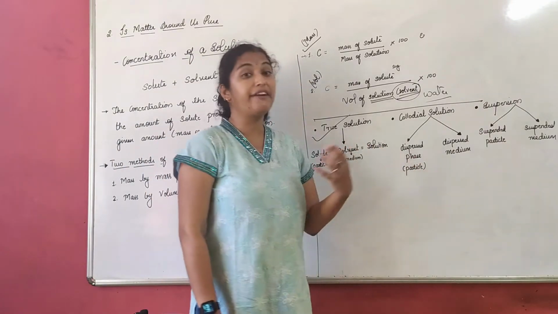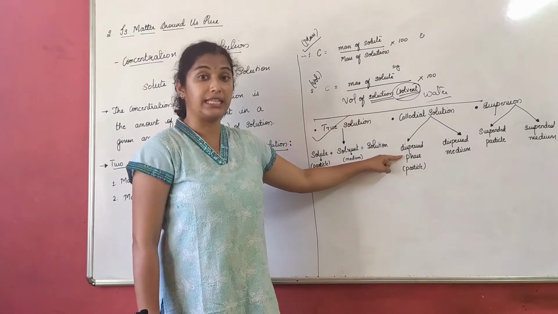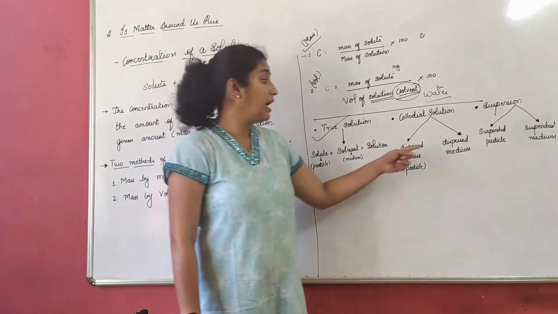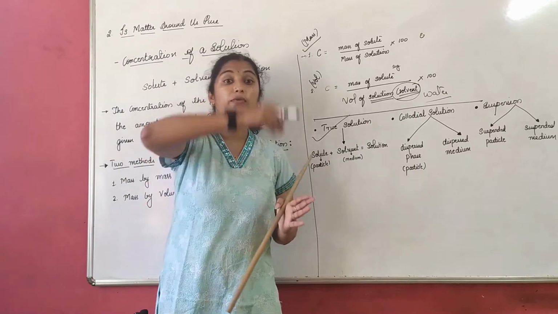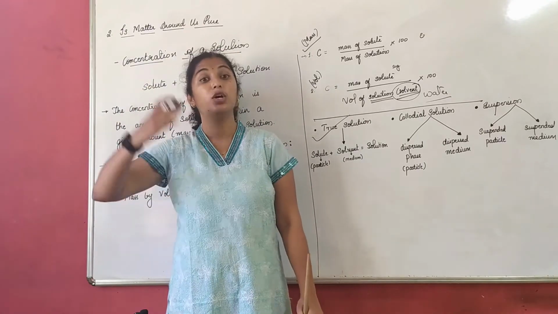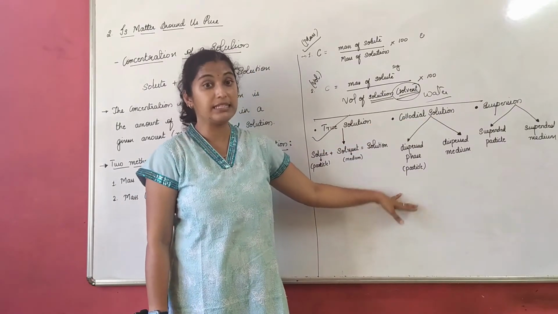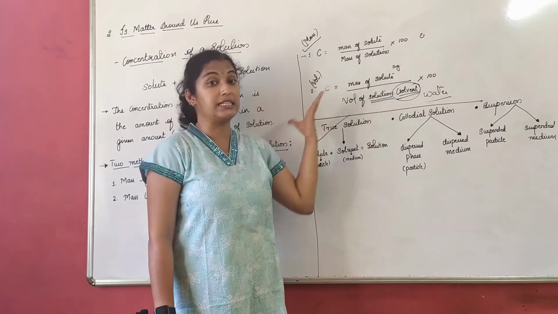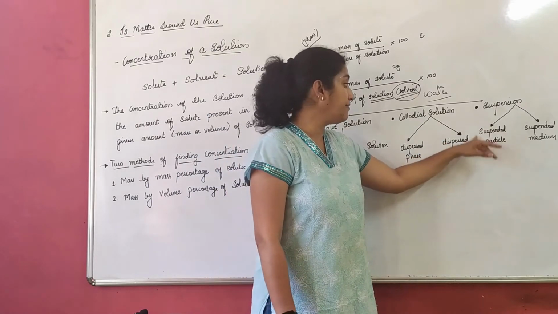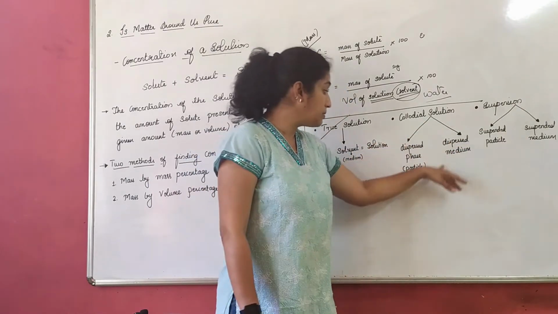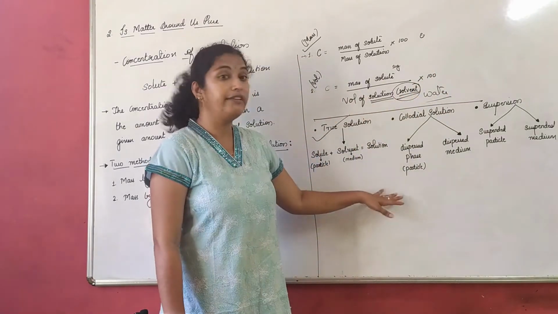Similarly here, we have different phases. In colloidal solution, we have the dispersed phase, that is nothing but particles, and we have the dispersed medium. That means in the medium, we are adding those particles. What type of colloidal solution will I get? That we have to find out. Yes. Similar to the tabular form we used yesterday to find a solution, we'll find it here. Suppose the dispersed medium is liquid and the dispersed phase is also liquid, what is the type of solution obtained? Yes, we will find out that.